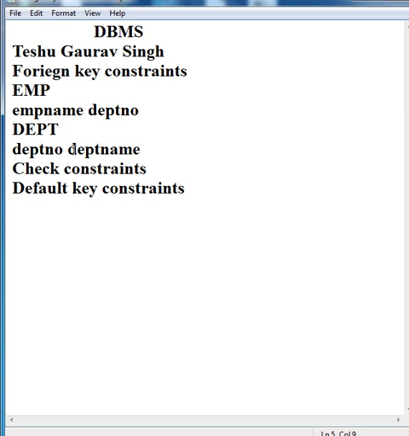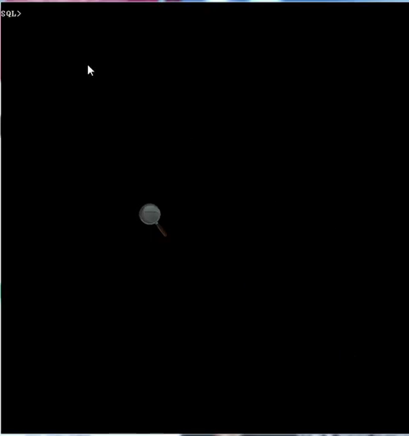To see the department name we have to look at the DEPT table, and to see the name of the employee we have to look at the EMP table. So to find the output we have to fetch data from both of the tables. In this case we can use foreign key constraints. More than that, we can use foreign key constraints in the join concept. Later on we will see the join concept, but in this video we will see the foreign key concept. So let's try to understand foreign key constraints.